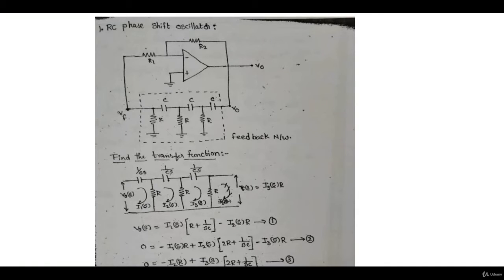Okay, let's look at the first circuit, that is RC phase shift oscillator. So here this part you can see is the gain part. This will provide you gain between VF and V0, okay, and this part which is dotted is the feedback network, inside the dotted box. So you can see a bunch of resistors and capacitors, RC. So we will calculate VF by V0.